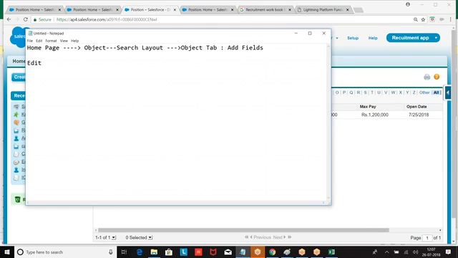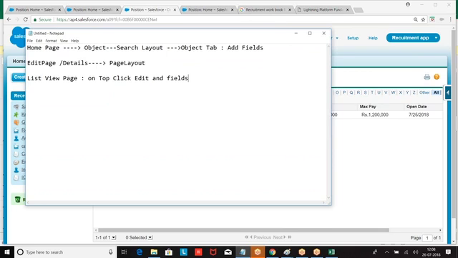Then edit page or detail page. How will you control? List view page. On the top, click edit. This is what we have done, boss. I hope you are good with this.